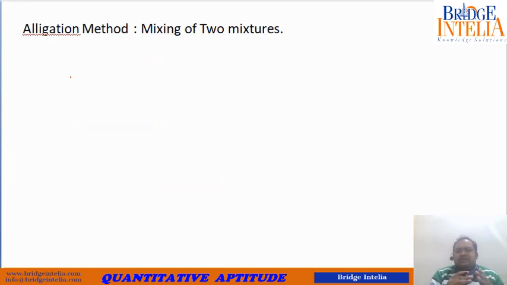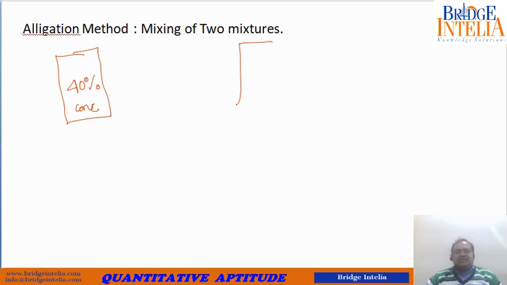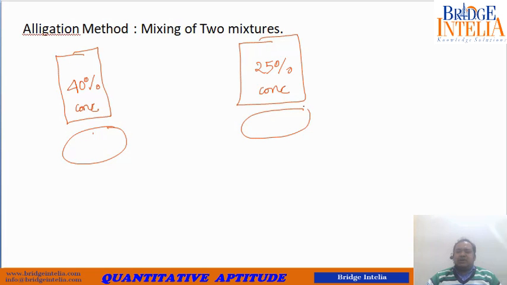The second concept that you have to understand is meant for the second type of questions, when you will be given the properties of two solutions. That means you will be told that you are provided with two different types of solution. One is 40% concentrated, the other is 25% concentrated, and this time it won't be told to you how much quantity of this is mixed with how much quantity of this. In fact, you will be asked to determine